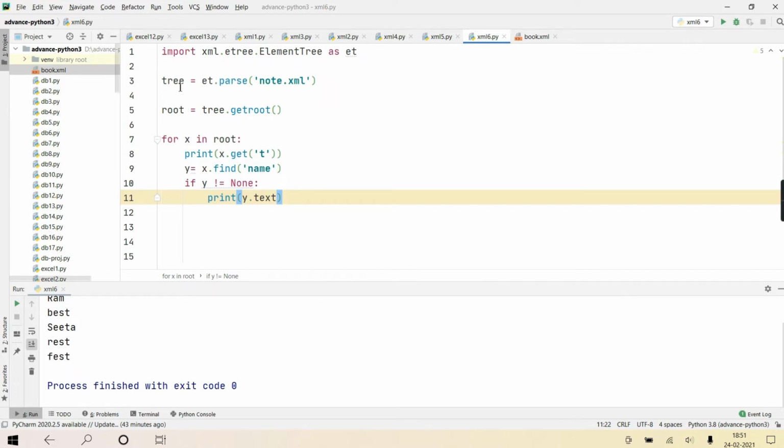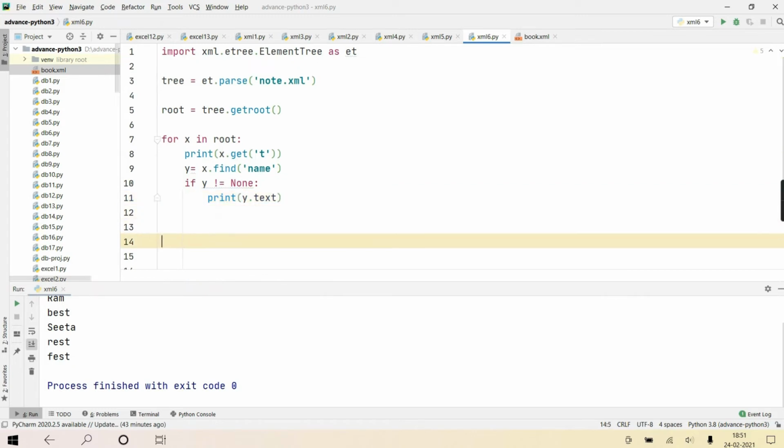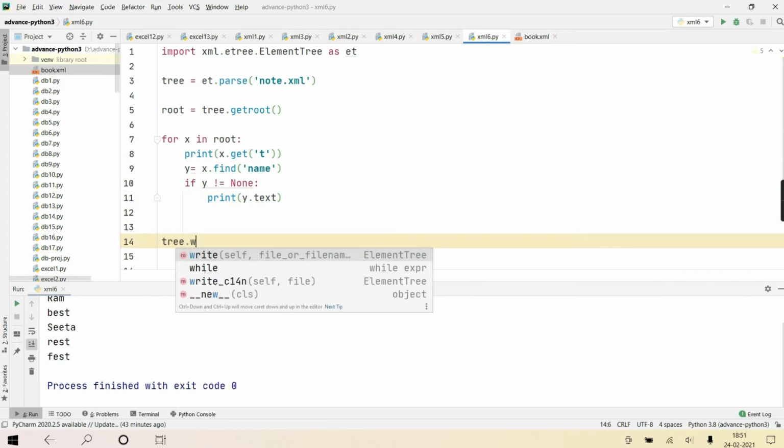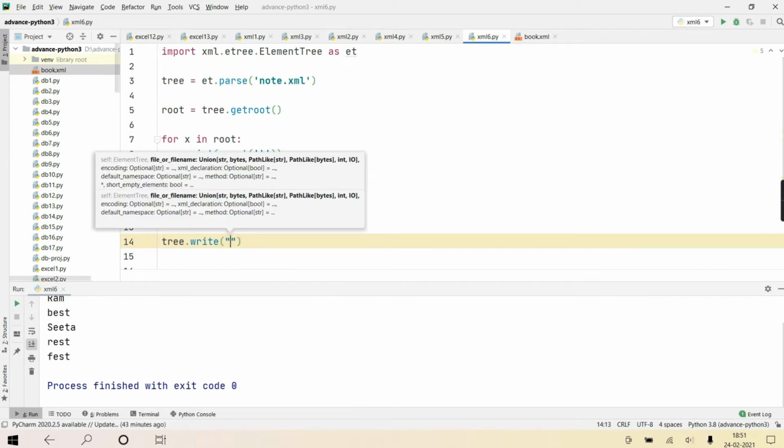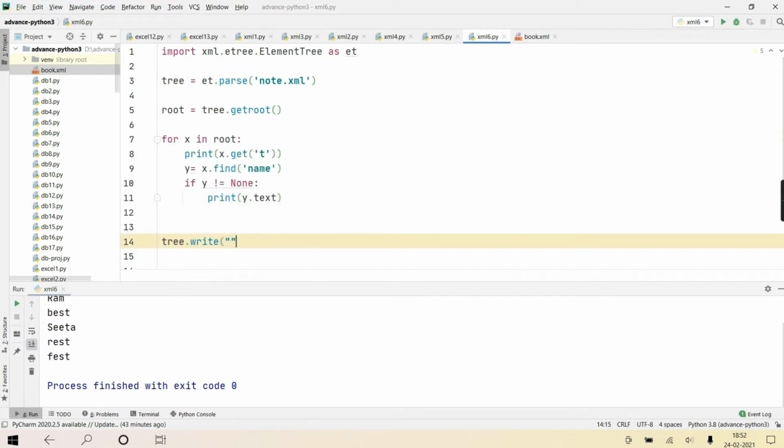So all the changes are in this object. They are to be again reflected in the disk. Clear? So for that, finally I'll call tree.write and give the file name. Whatever file name you give, it will get saved in that file.